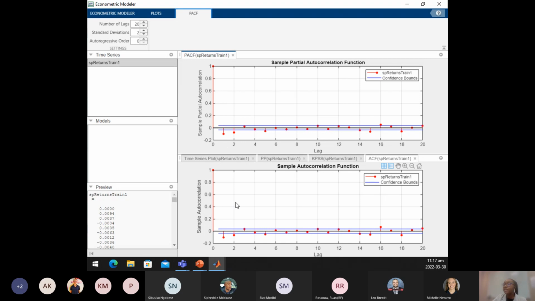So we know that we then can choose the AR1 model or an MA1 model to fit our data. So this then suggests that our data could be governed by white noise. So I would then go into doing more tests before modeling, right? If we go back to Econometric Modeler,